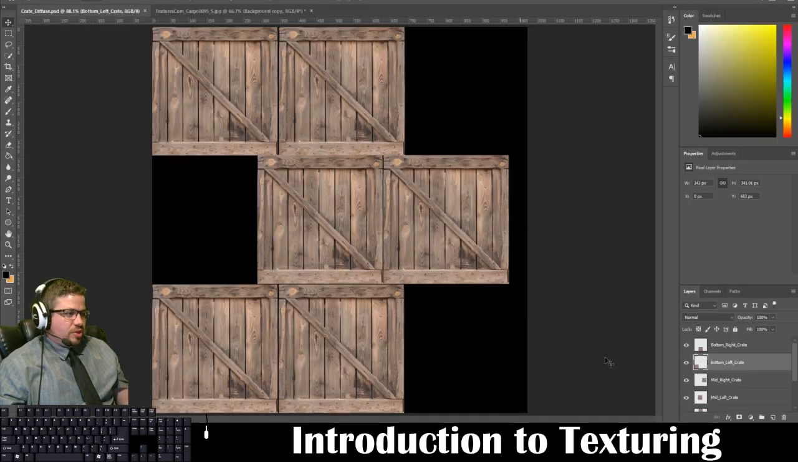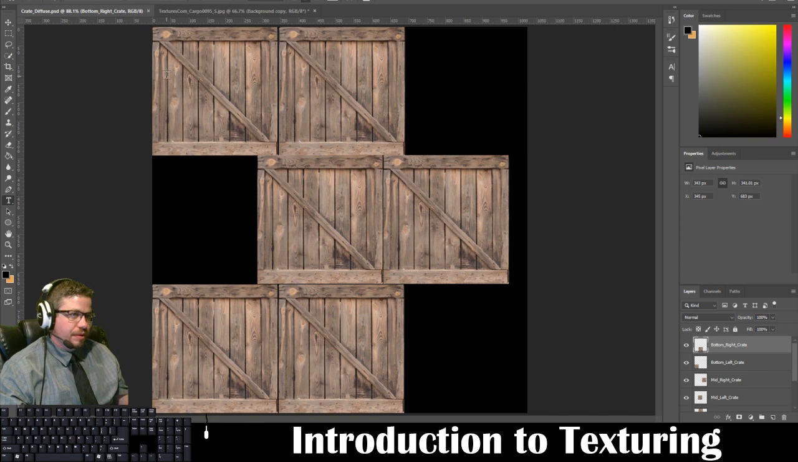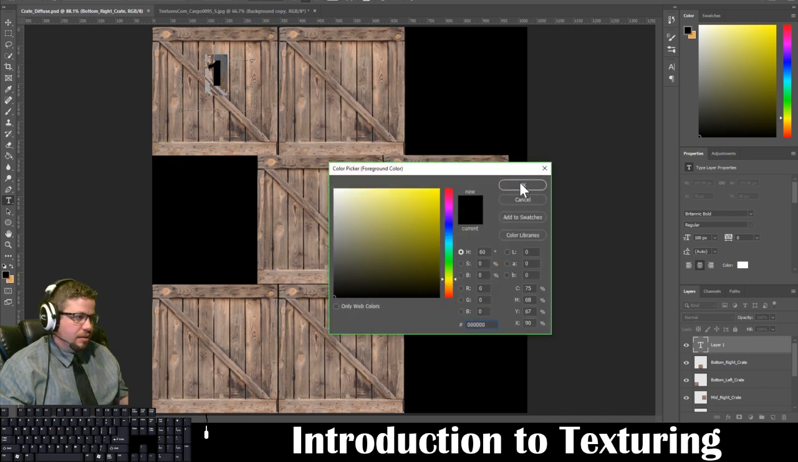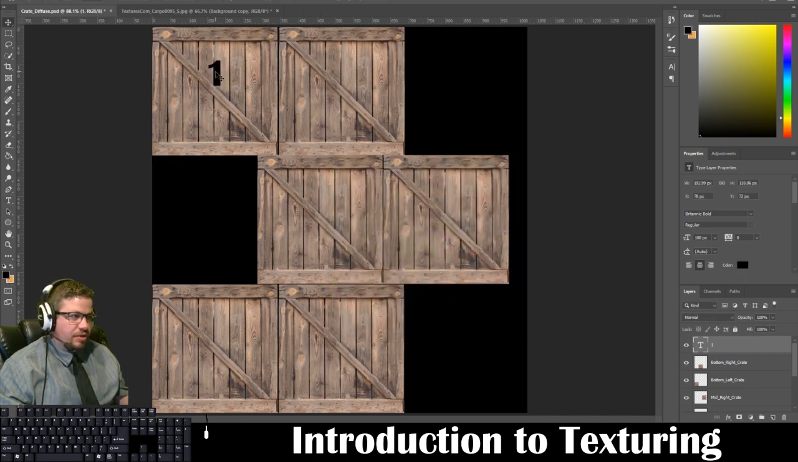If I go into Photoshop, I'm going to just do this really quickly, and I'll use the text tool. I'm going to type in 1. And let's just make it black. Now here's one way to sort of check